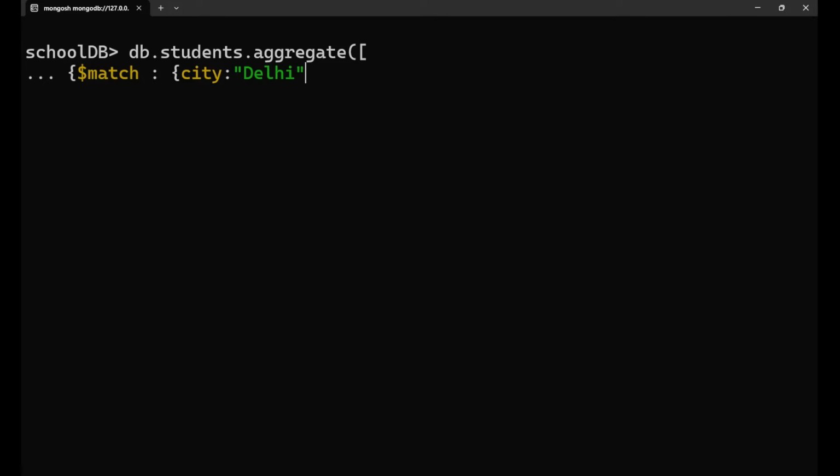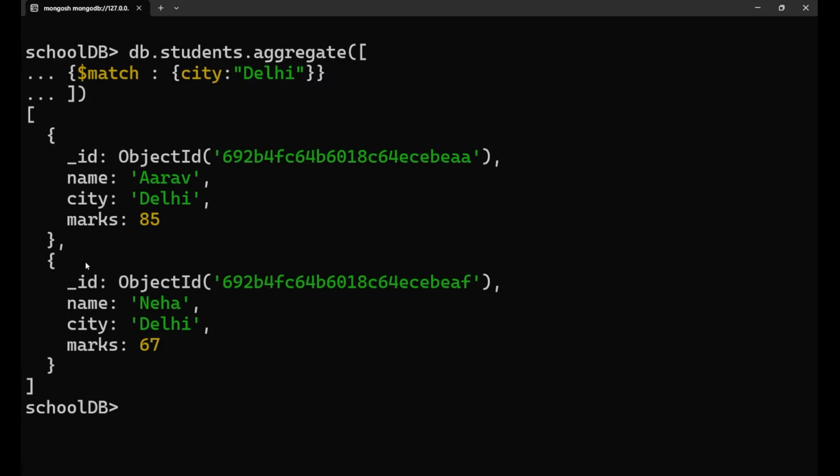Fine. So I want to match the documents having city as Delhi, right? If I close it like this, and close this also, now if I press enter, you can check I got only those 2 documents which have the city as Delhi,